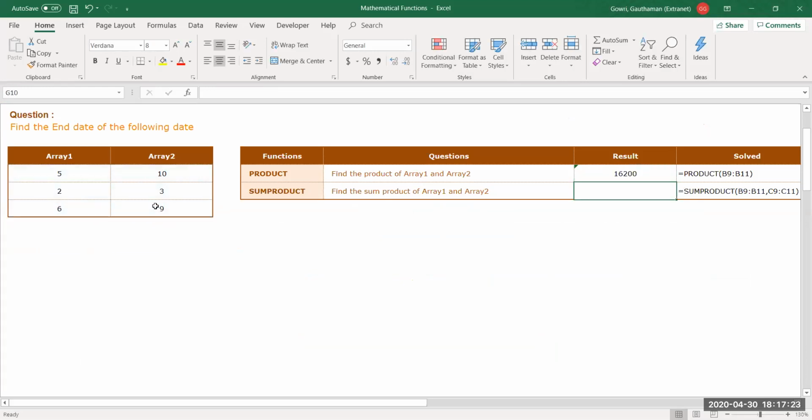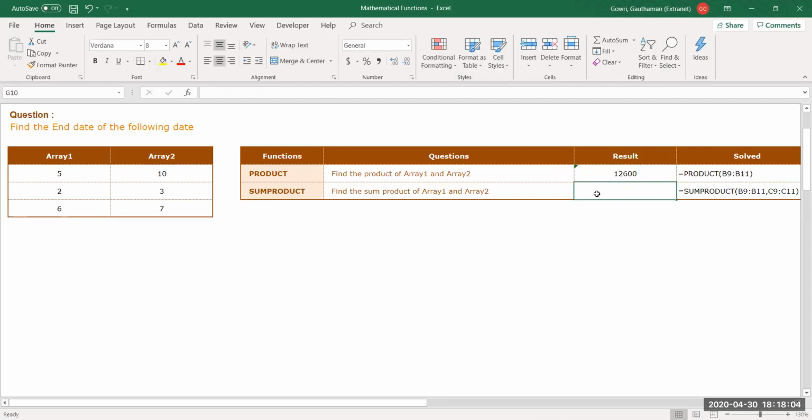So how did we arrive at this? For multiplication, you can multiply in any direction you want, and it is going to give you the same answer. 2 into 3 is the same as 3 into 2. So even here, 5 into 10 is 50, 50 into 2 is 100, 100 into 3 is 300, 3 sixes are 18, so 1800, 18 nines are 162, so 16200 is the answer over here. If you change this value, it will change over there as well.